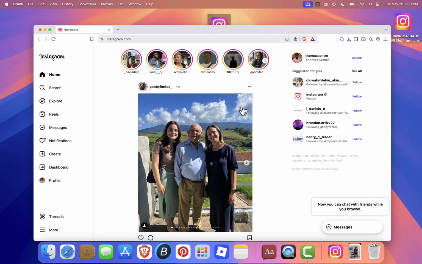This trick works with any website, so feel free to create your own app-like shortcuts for Facebook, Netflix, Reddit, and